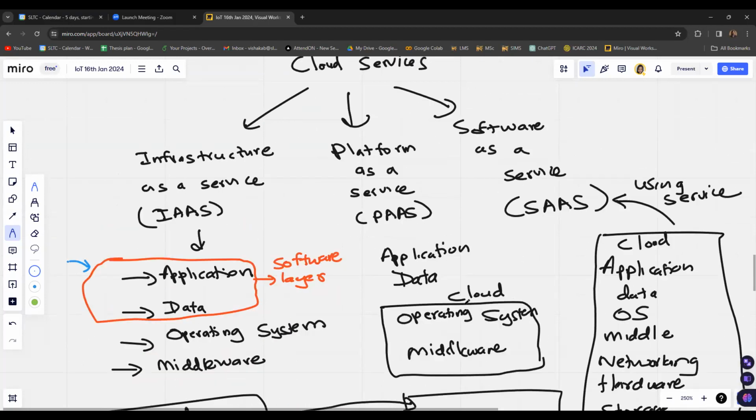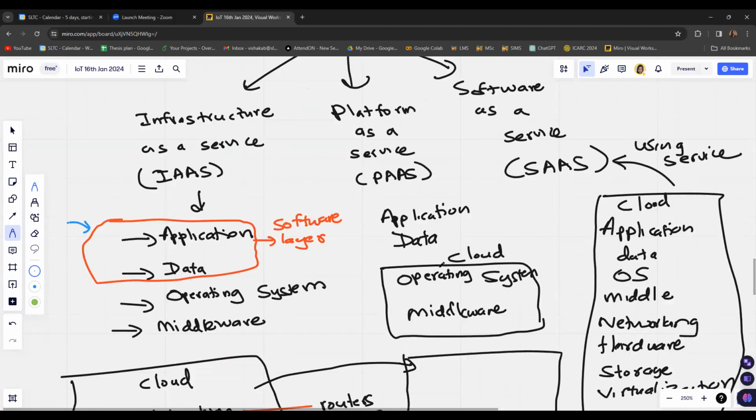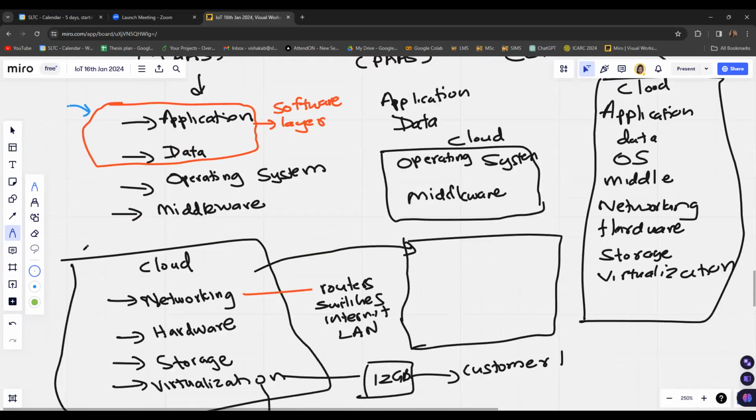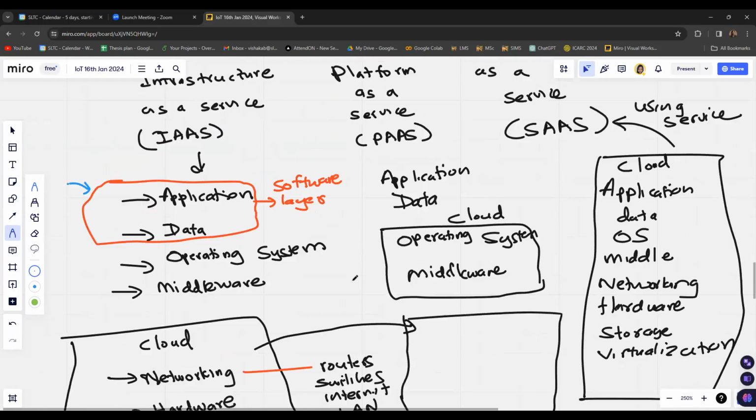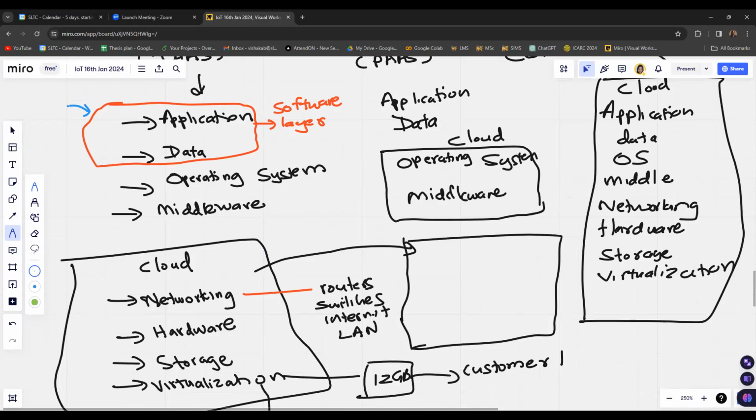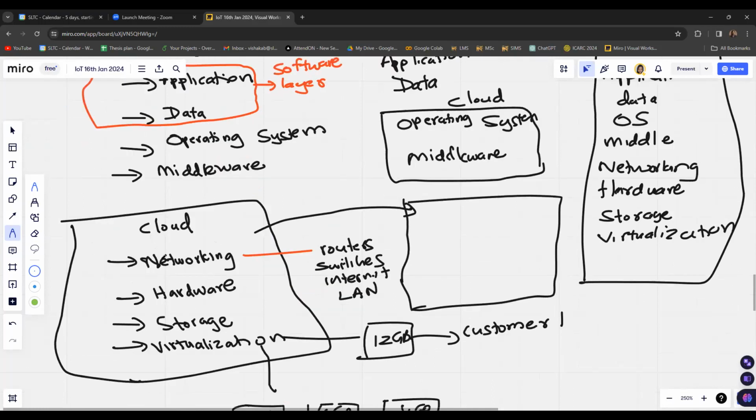The already available platform will be controlled by the cloud, and also other components such as the networking components, hardware component of the cloud, the storage, and virtualization components will be controlled by the cloud.